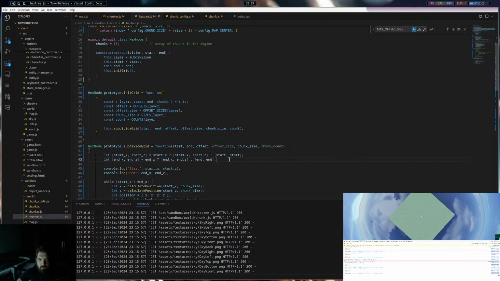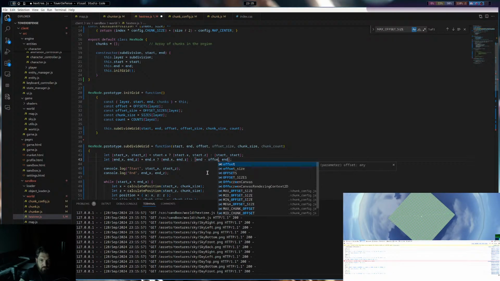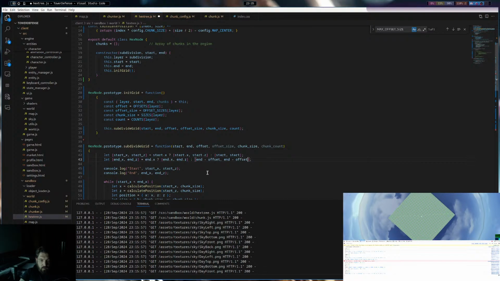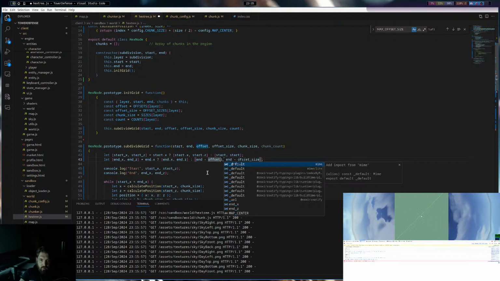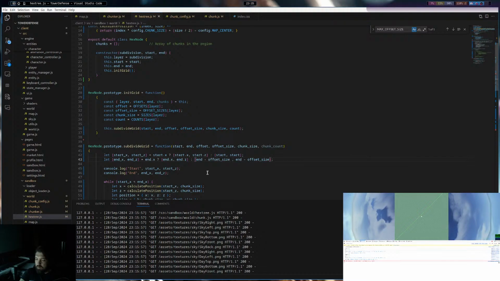So end minus offset. Did offset size? Nope. Let's just keep going for now.